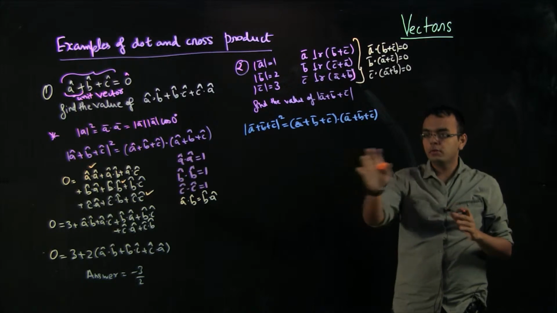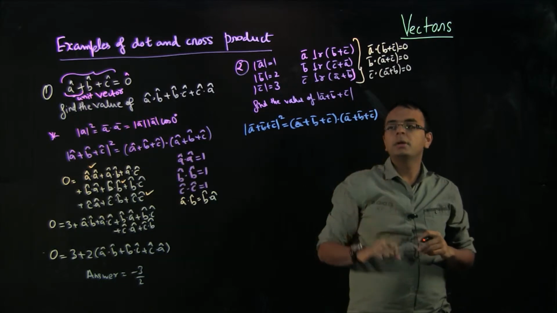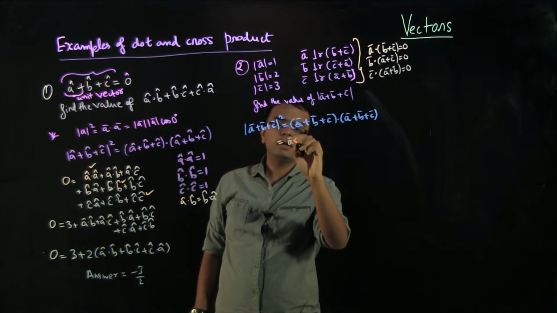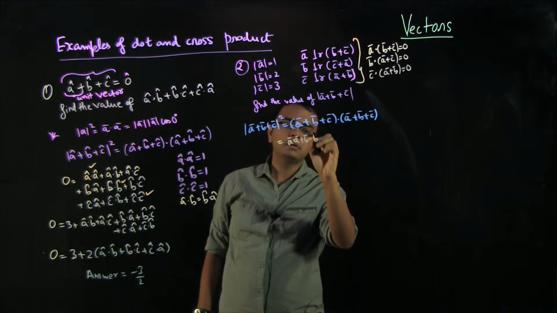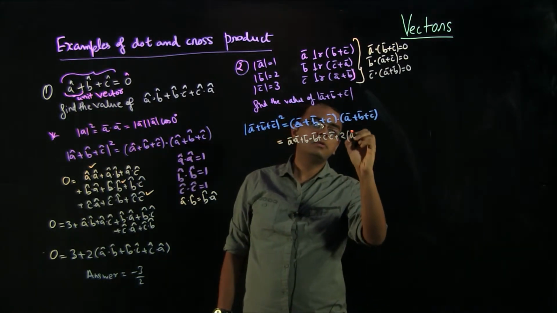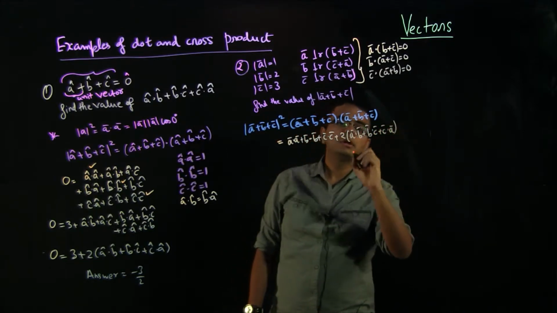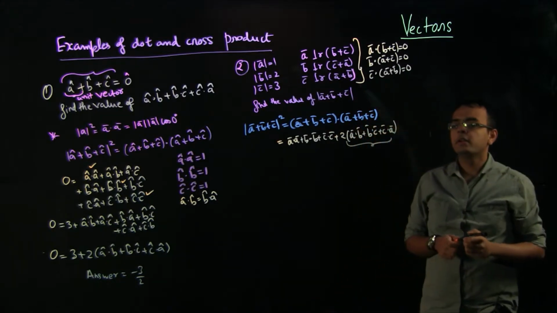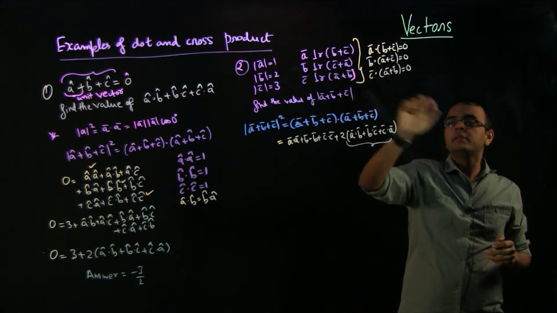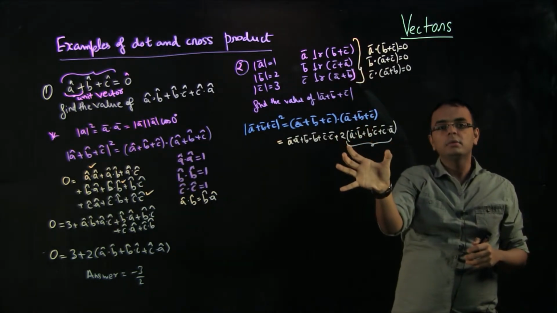Okay. So we have to find mod of A plus B plus C, but we took a square because we know this relation, and whenever we open the brackets, we know what will happen. This will be A dot A plus B dot B plus C dot C plus 2 into (A dot B plus B dot C plus C dot A). And what is this value? We can see that this is A dot B plus A dot C, this is B dot A plus B dot C, plus C dot A plus C dot B, and if we add all the three equations, this is nothing but this value, right?